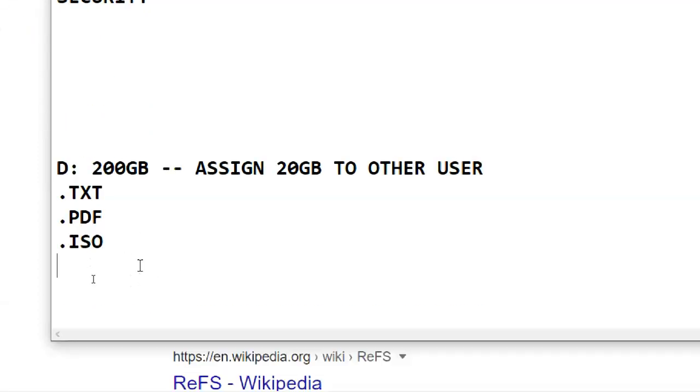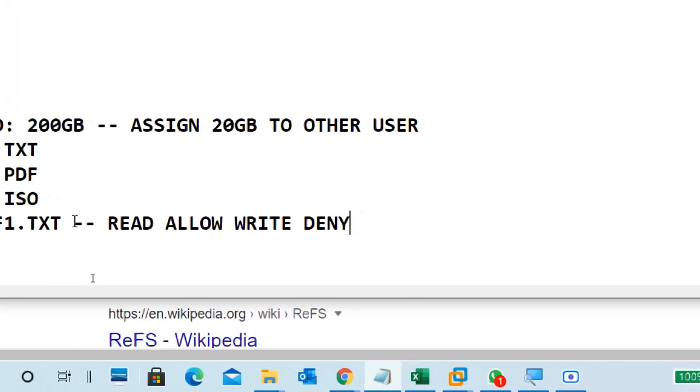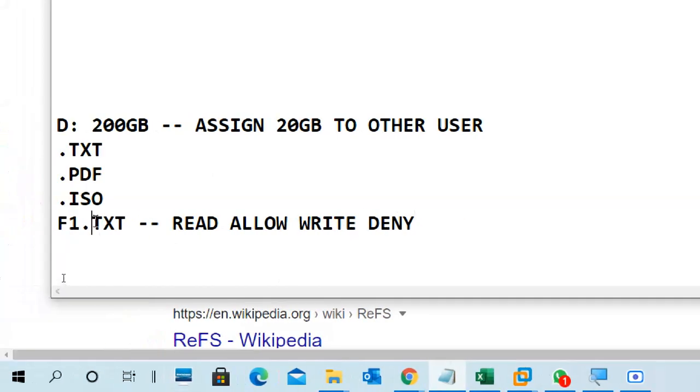For example, I have a file, and the file name is like this. I have given a read permission allow and write deny. So a user can read it but cannot write it.